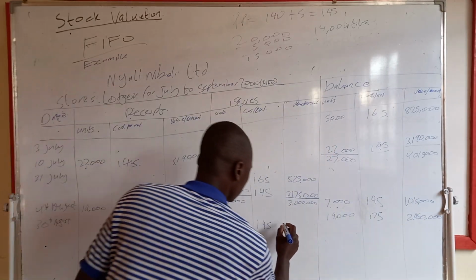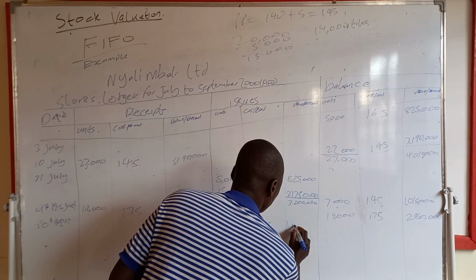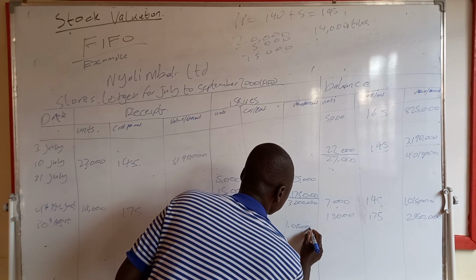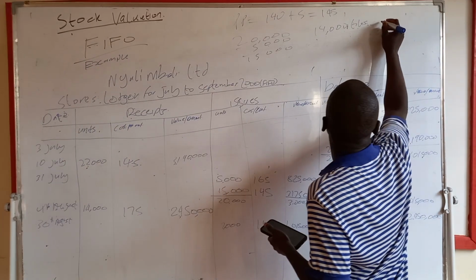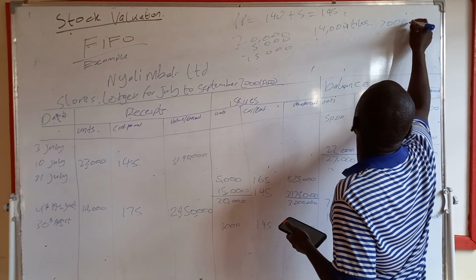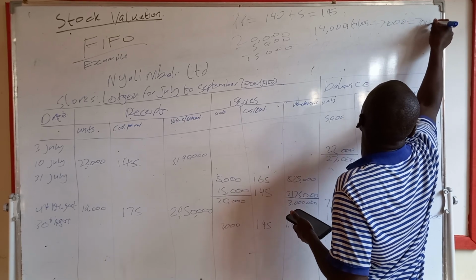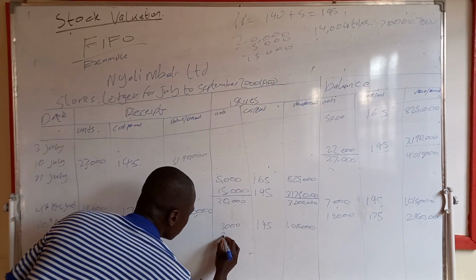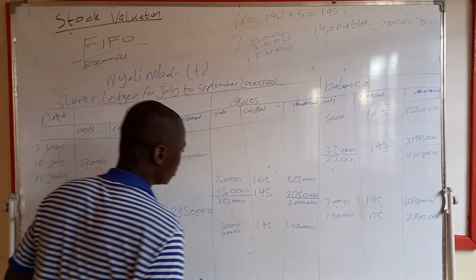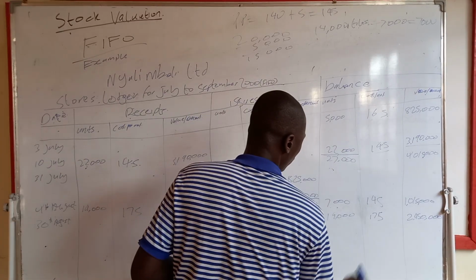1,015,000. Now, what is remaining? We have issued 7,000. We are remaining with another 7,000. Okay? Another 7,000. We issued it at